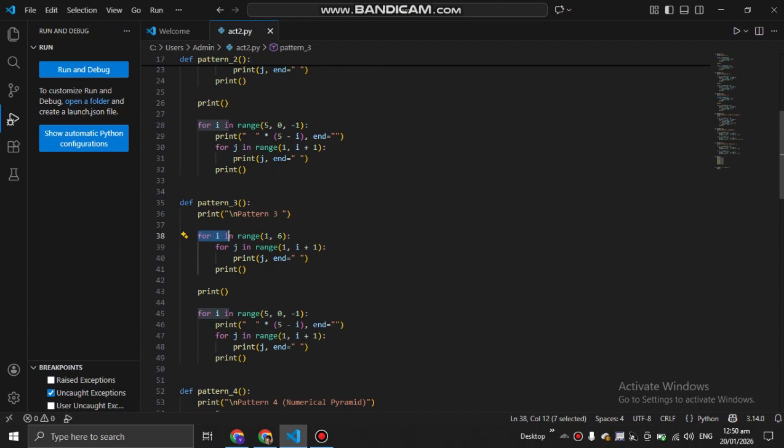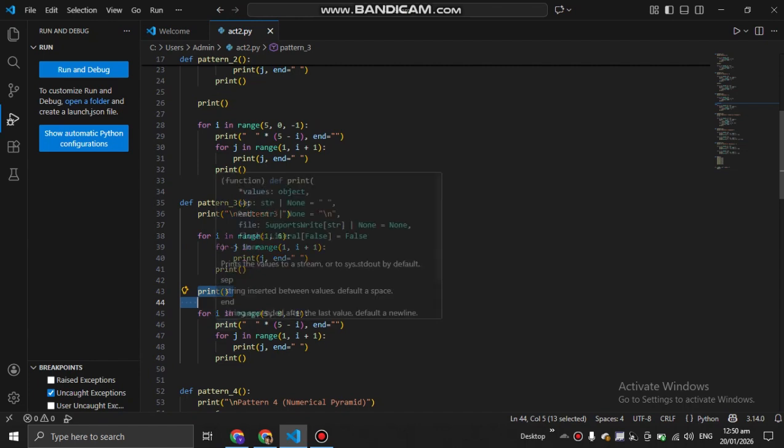So we have here the print. So the second part is for i in range 5, 0, minus 1.